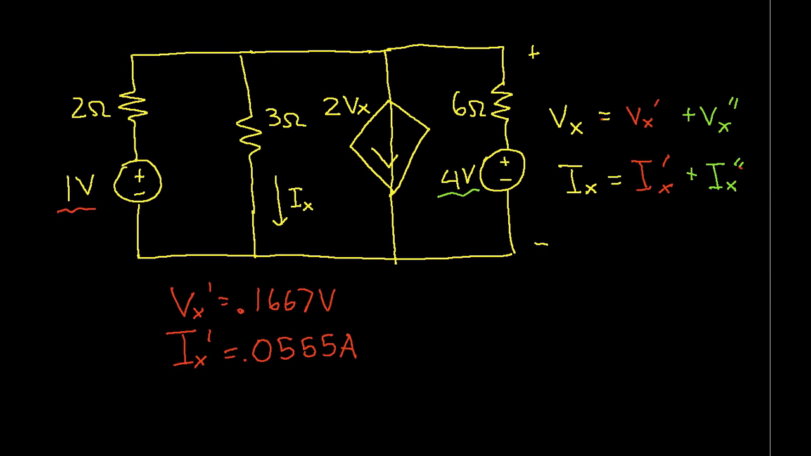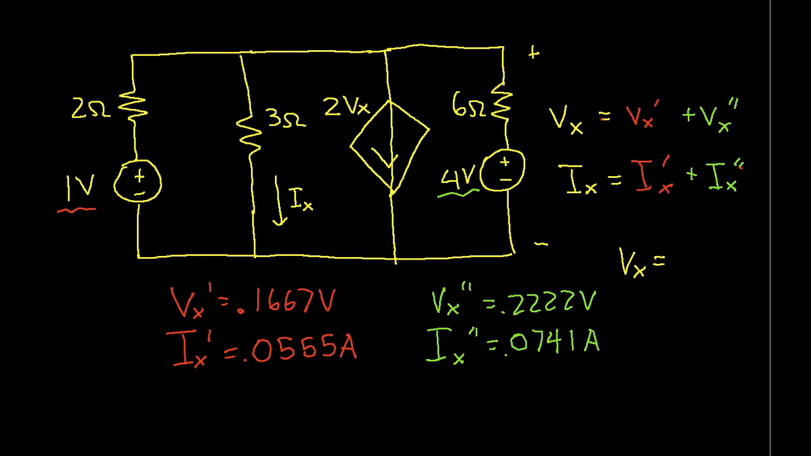Okay, so we go back to our original circuit. We have that Vx double prime is 0.2222 volts. Ix double prime is 0.0741 amps. Okay, so now we can just add Vx prime and Vx double prime. We get then that Vx is 0.3889